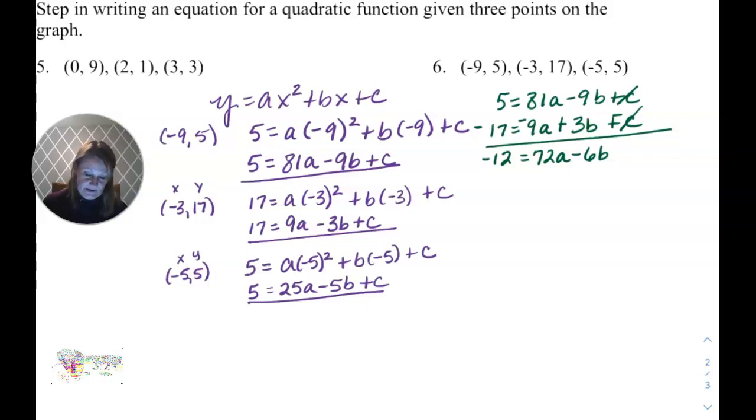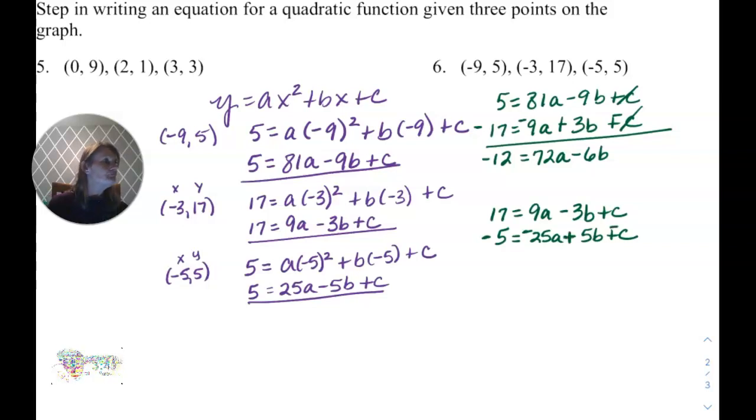But now I'm going to go ahead and do the second one. And the last one. Okay, and again, they're both c's, so I'm going to need to do a subtraction by changing signs. Okay, and your c's are going to cancel. So I'm going to get 12 equals a negative, what would that be, 16